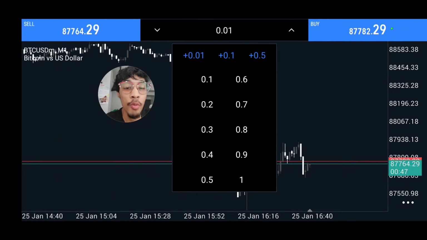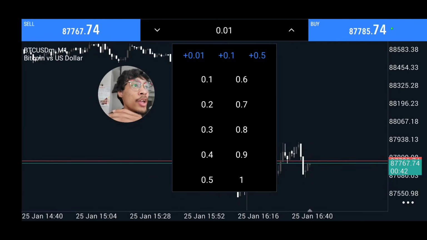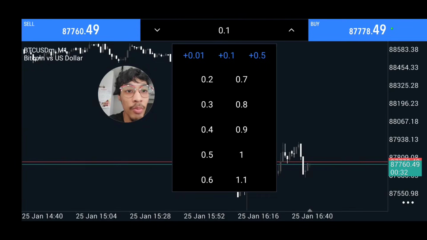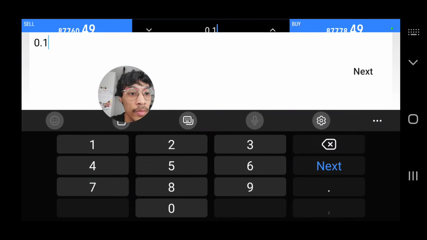But it all depends on what's your leverage and how much money you have in the account. If you have a huge account, say you have a 10K, you can use a higher lot size. But if you have like a $10, $5 account, you have to use like a 0.01, right? And this is how you just adjust your lot size, the 0.01,